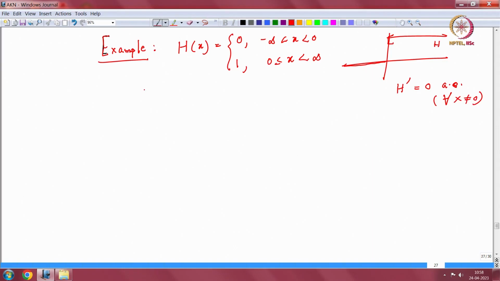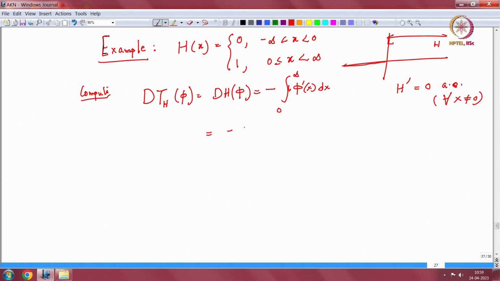So, you can immediately now compute. It is a small computation: compute the distributional derivative evaluated at phi, that means dh of phi. Again I am repeating, I am writing the same thing, that is equal to minus the integral from 0 to infinity of phi prime of x dx. This is much easier than the thing here, because now this is 1 here. So, if you do an integration by parts, only the boundary terms will come. So, the boundary term is